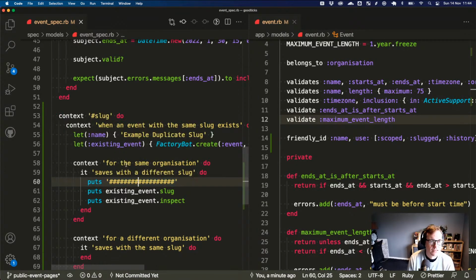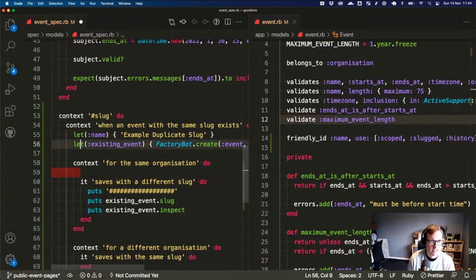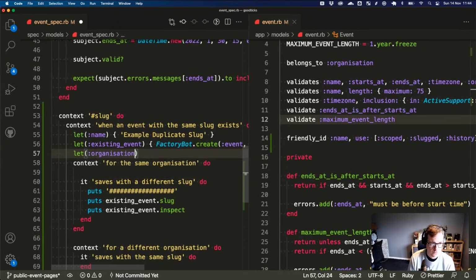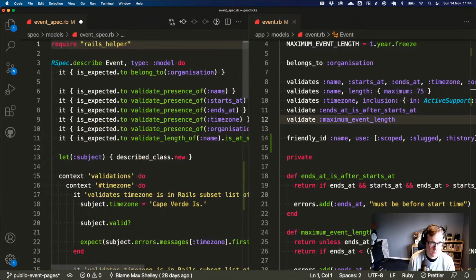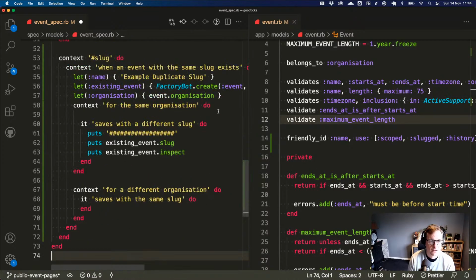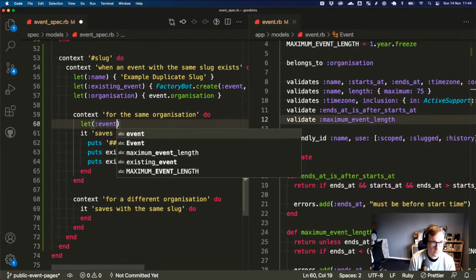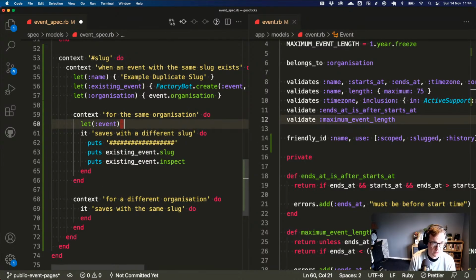So we are then going to say for the same organization. So we're also going to have let organization be event.organization. And I think we're happy with that. So there we have organization. Then we want to make the event.